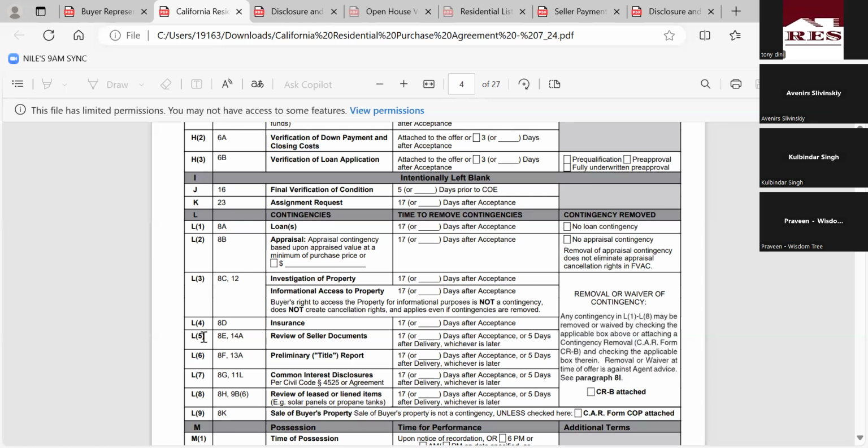So I want to make sure when you guys are doing a non-contingent offer, removing contingencies, it's got to be part of your conversations. Have you shopped for the loan? Has it been done? Do you have an actual quote? And we want that. You have properties that may not even get insured anymore. So insurance can kill a deal if it's not shopped for in time, because if you remove contingencies after the 17 days, and sometimes, if a lender isn't working hard enough, and usually this issue pops up during the loan, but